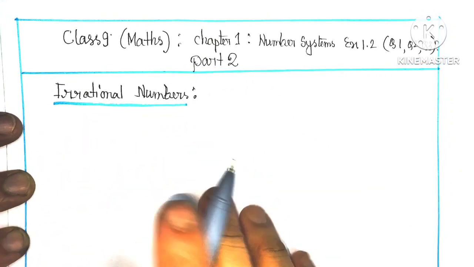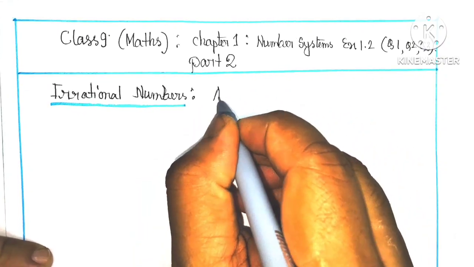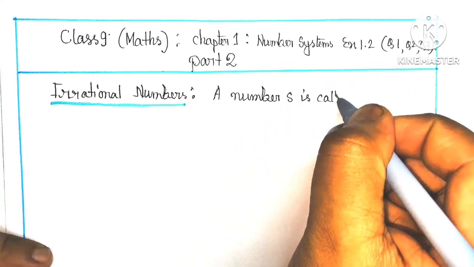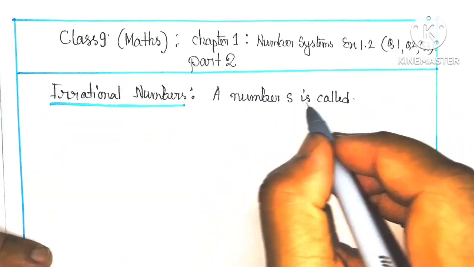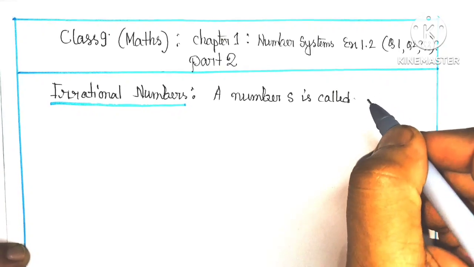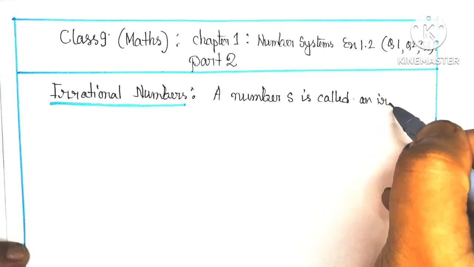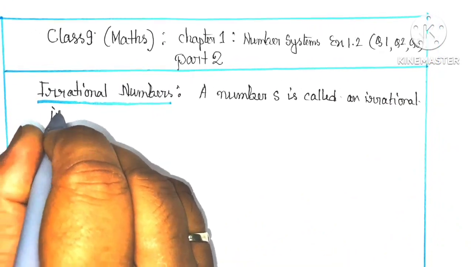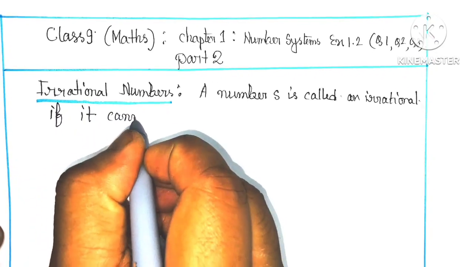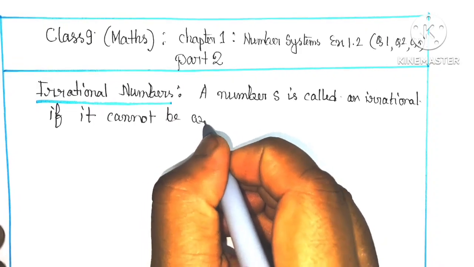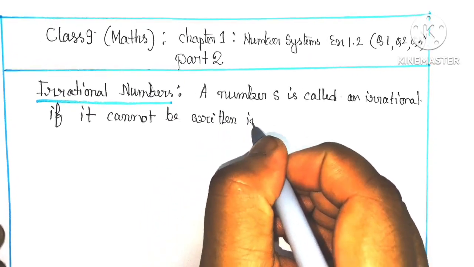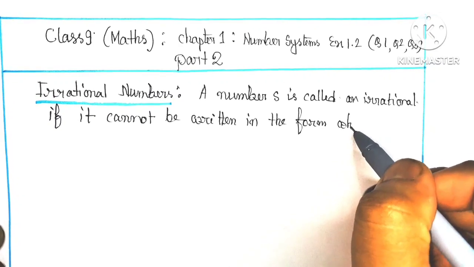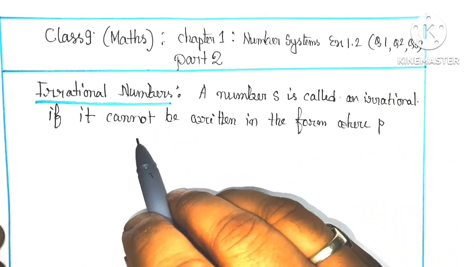Irrational number. This is the main concept: a number S is called irrational if it cannot be written in the form P by Q,